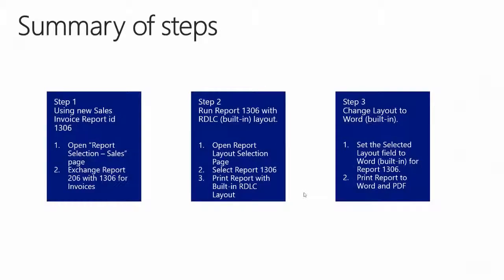So to summarize, in step number 1, we changed invoice and report selection to point to the new Sales Invoice Report 1306, which contained both the RDLC layout and the Word layout. I did this to illustrate that no report in report selections has Word layout by default. In step number 2, we then printed the default RDLC layout for the new Sales Invoice Report 1306. And in step number 3, we then changed the Sales Invoice Report 1306 to print using the Word layout, and we then printed to both Word